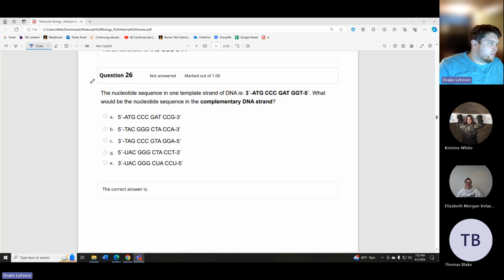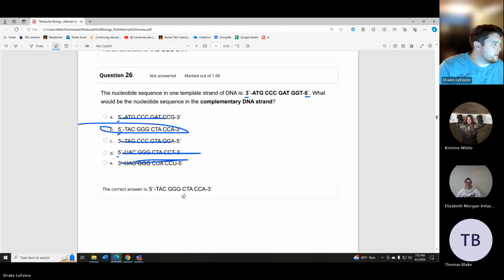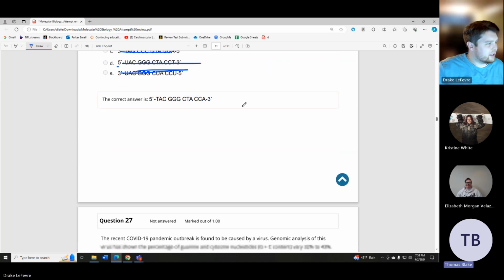I think we're starting to beat the horse with this one. This is super important. Remember the 3 prime, 5 prime. Look at these answer choices. More than likely, it's going to be one of the 5 prime ones. It can't have a U. Can't have a U. ATG, this is going to be TAC. TAC. Not that one. Not that one. Should be B. Which, if you can do it that way without writing the whole thing out, power to you. There's very low stakes right now, so I don't really care. I can do it quick, but